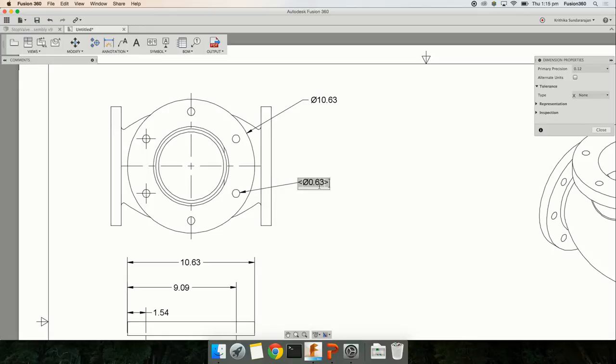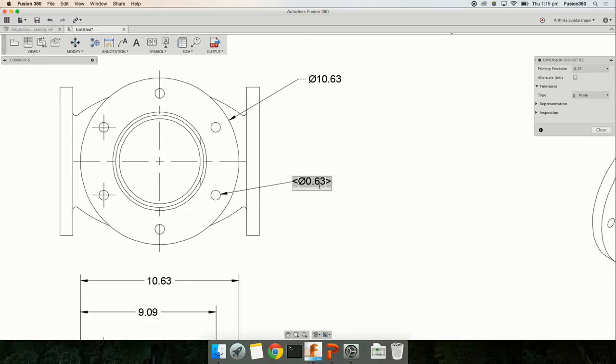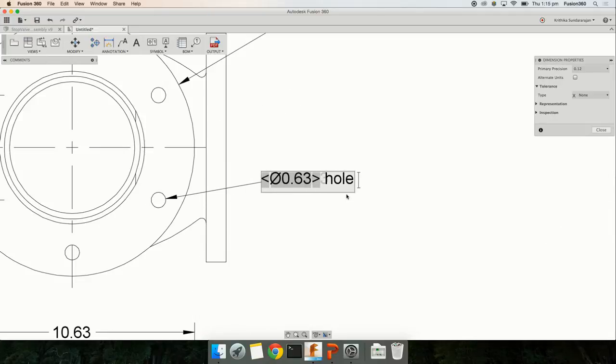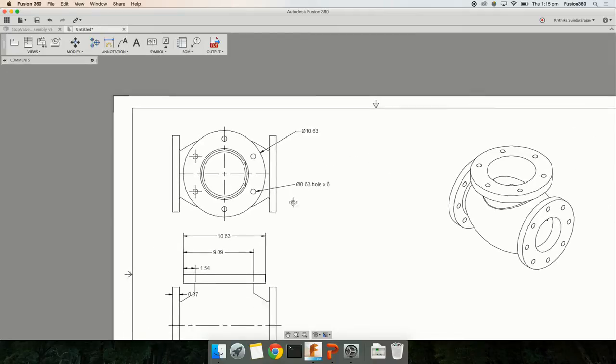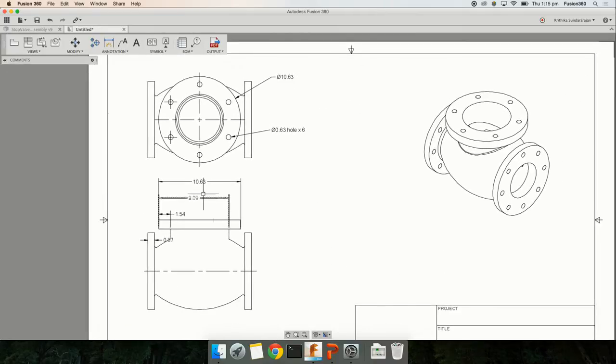And that's true for any text entity that you have, whether it's a leader or text or title block. Just double-click it, and you'll be able to edit it. So let's add something here. So maybe something like this. And another thing is, this dimension here, though it looks like a linear dimension, we can actually